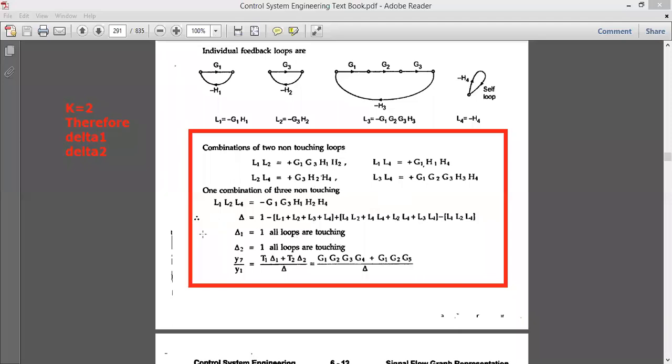This is one set of the problem. The below problem they have asked is for the transfer function, not the overall transfer function. It is only with respect to y1 and y2. That is the other part of the problem, and you need not go for doing that problem. If you end here also, you will get more marks, or simply full marks. So with this I conclude this problem. Thank you.